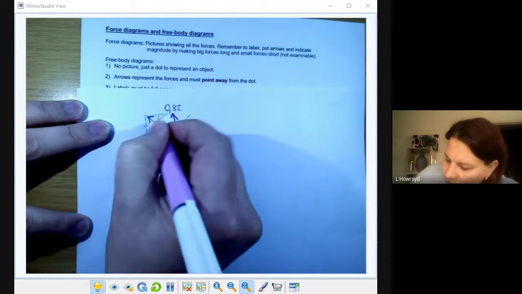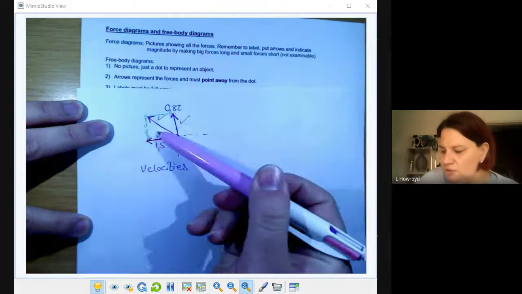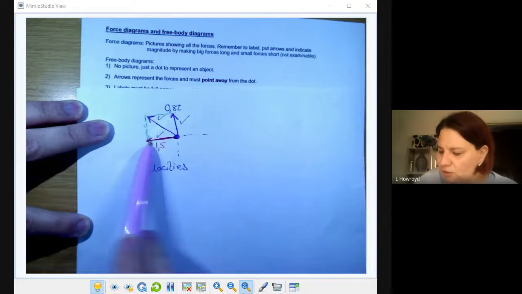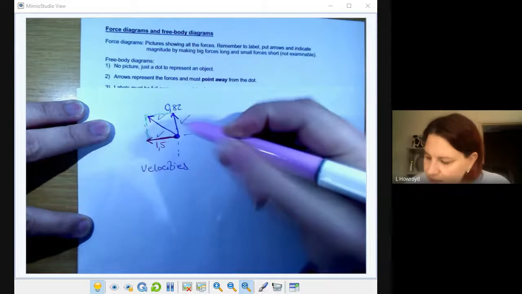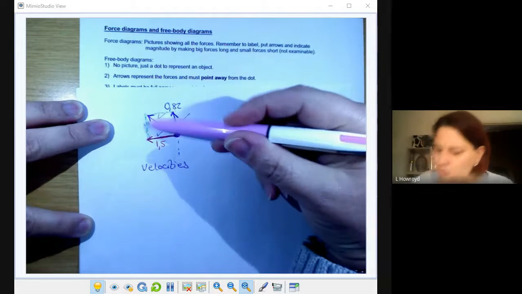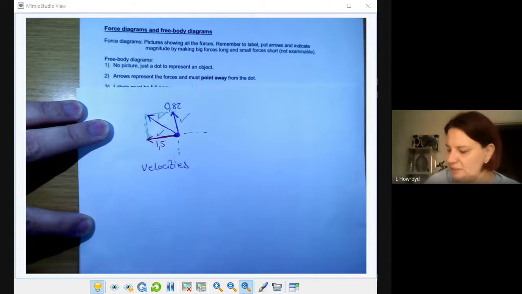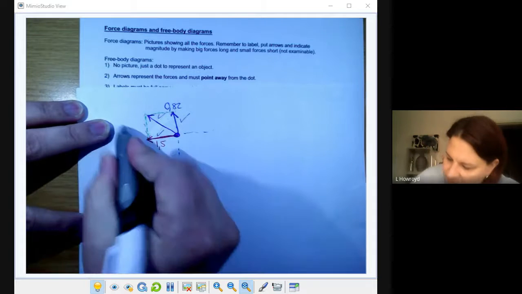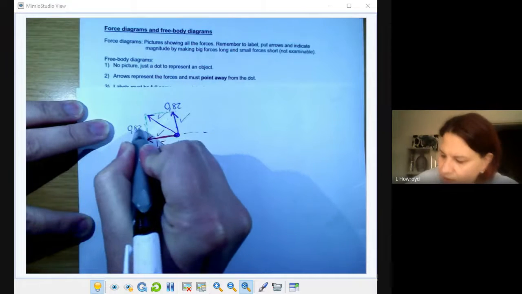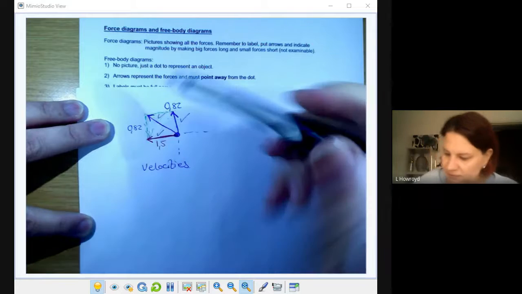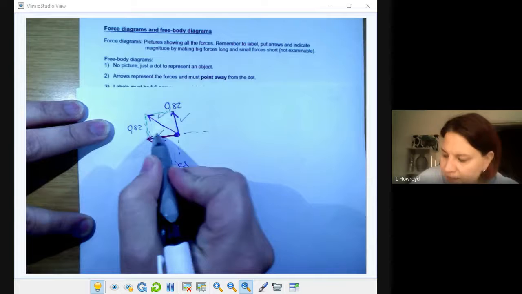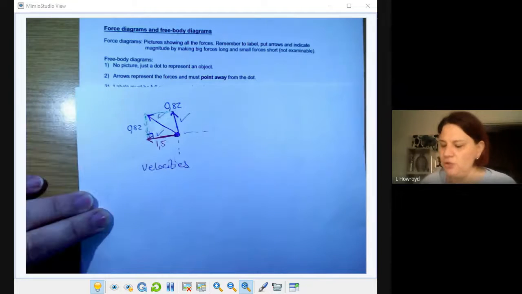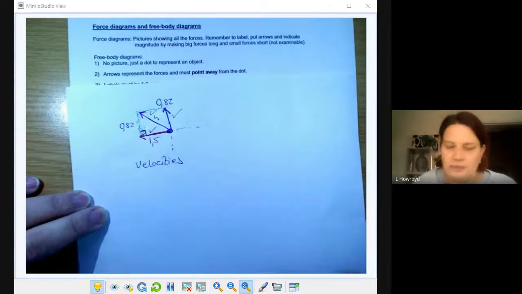Okay, and now notice that I've only got the 2 triangles now. Now you can look at your triangles. And remember, this side here is the same as that side there because we have a rectangle and opposite sides are equal. So we know that this side here is 0.82 in magnitude, and this side here is 1.5 in magnitude. And we know that we made 90-degree triangles, so all you had to do was